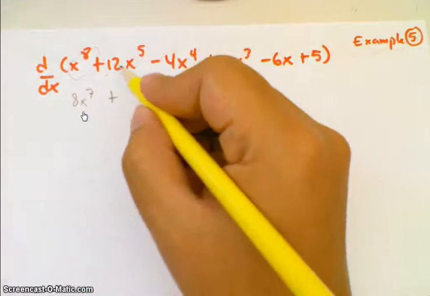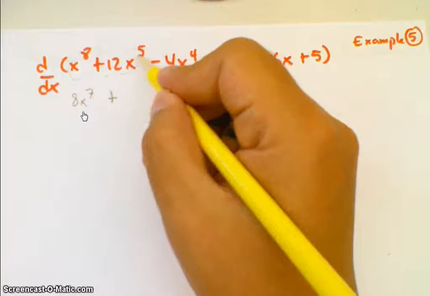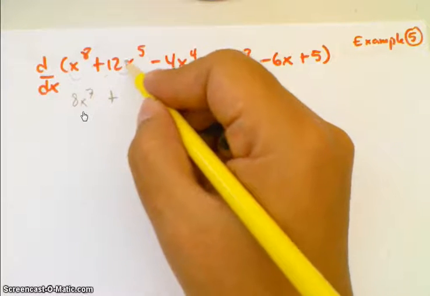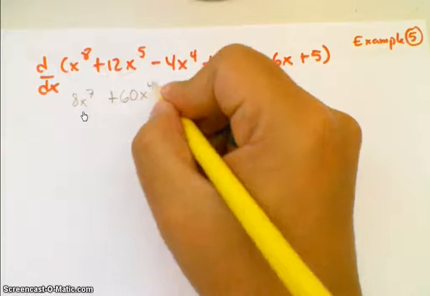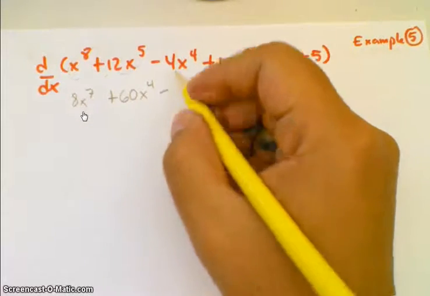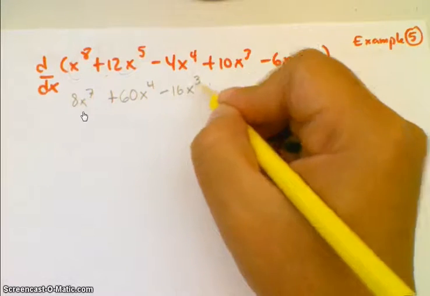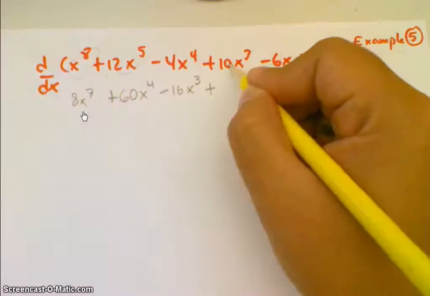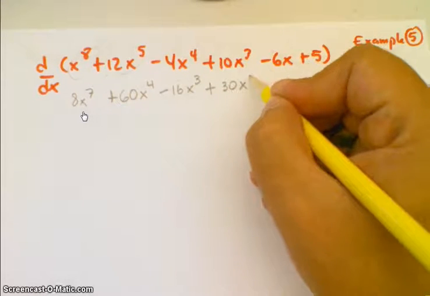Derivative of 12 times x to the 5th: the derivative of x to the 5th is 5x to the 4. The 5 multiplies the 12, so that becomes 60. Now remember, the exponent 4 will multiply the coefficient, making 16, and the new power of x is 3. The 3 multiplies the 10, so it will be 30, and the new exponent of x